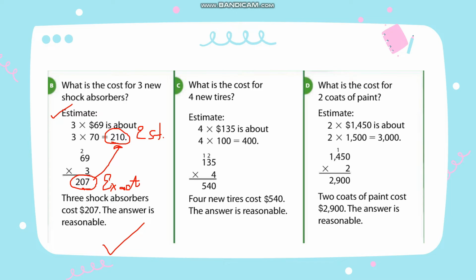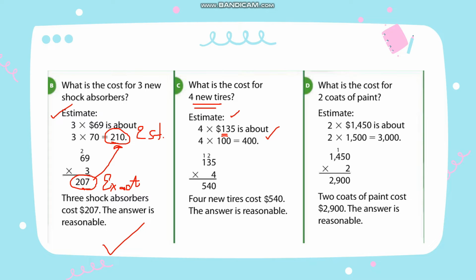The same thing if I'm going to find out the cost of the 4 new tires, and each tire costs $135. So I'm going to estimate first. 4 multiplied by 100, since 135 is nearest to 100. So 4 multiplied by 100 is 400. Then to find out the exact one,